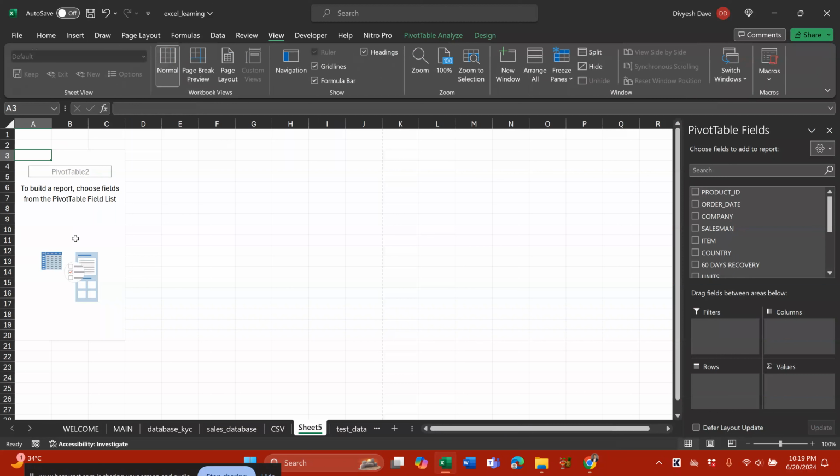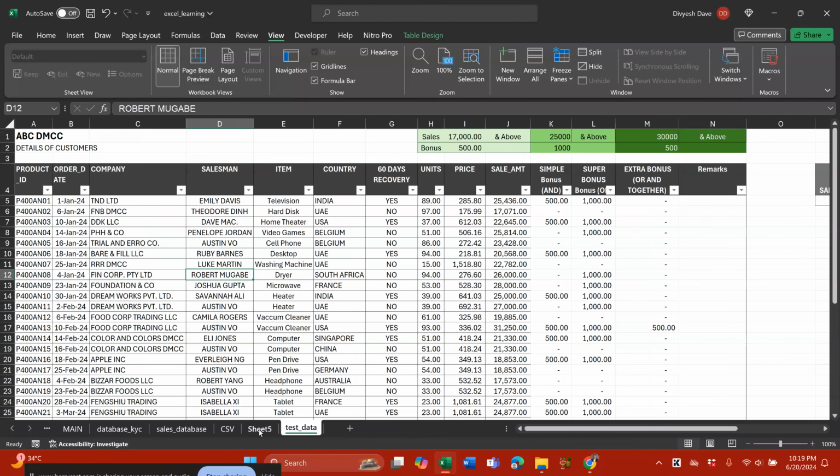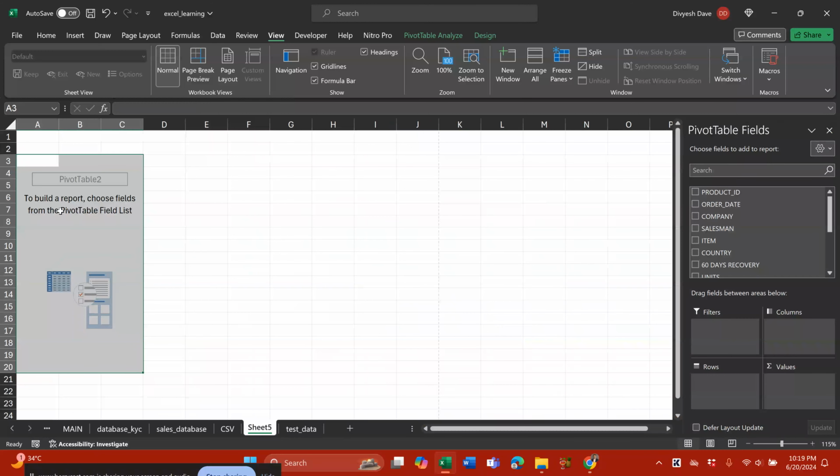So this is the basic standard format of the pivot table which opens when we create the pivot. Now here, this is the dashboard we are going to create. So all the data that we have in this table will move here as we require. So let me just change this name,